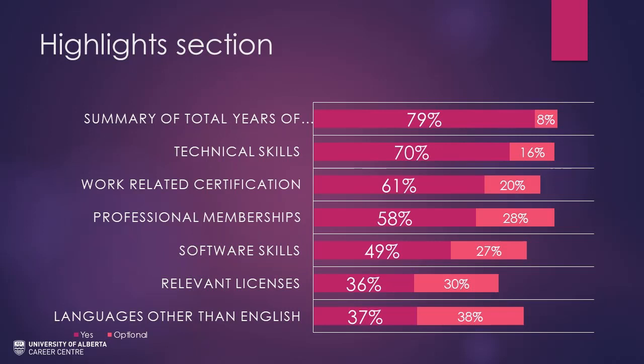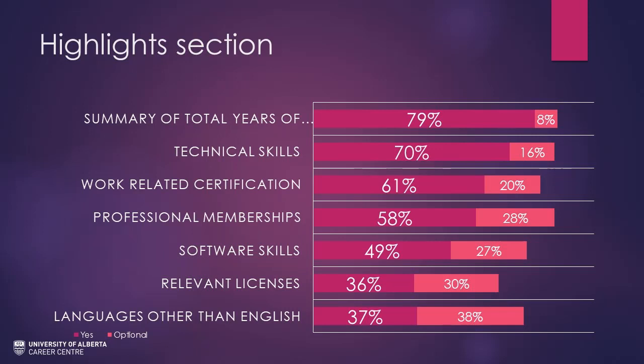The darker bar indicated that our employer respondents said yes, and the lighter color is for optional. You can include time summation statements such as 1 year of experience in a professional work environment or 2 years of experience in crisis communications. Technical skills would include programming languages such as Java, as well as operational skills that only people with your education or work experience would have, such as conducting a needs assessment